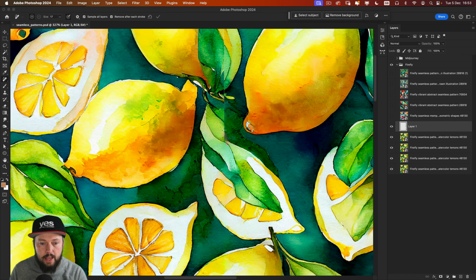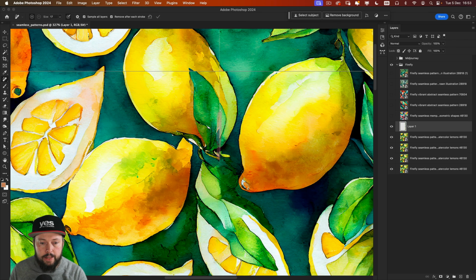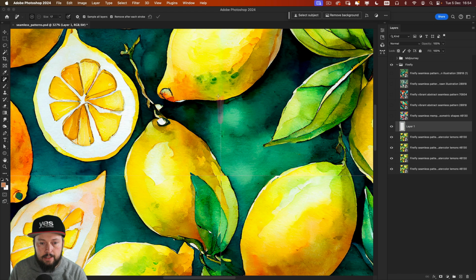Let's go through there. That line again was very noticeable. Let's fix this line here as well. And that's great. So I'm just going to paint over this bit here. The center point is important, of course. That's going to be one of the corner points. I'm going to remove that detail there, and I'm going to paint over here.